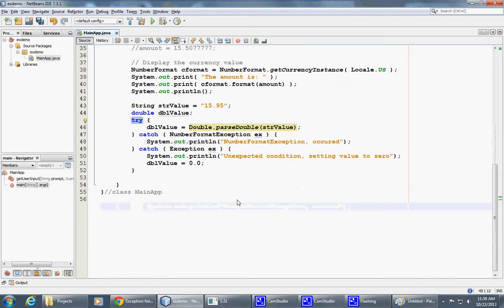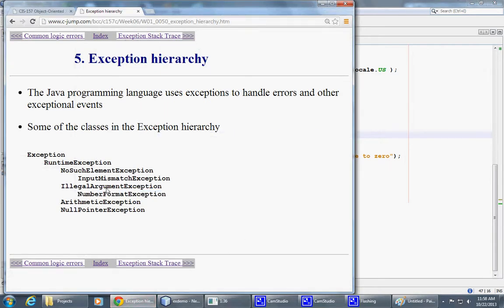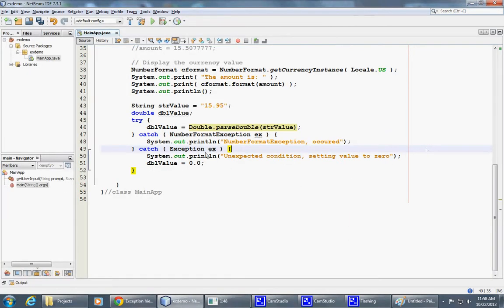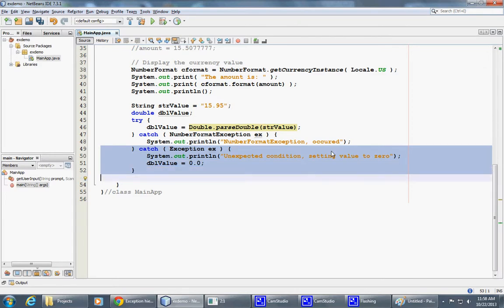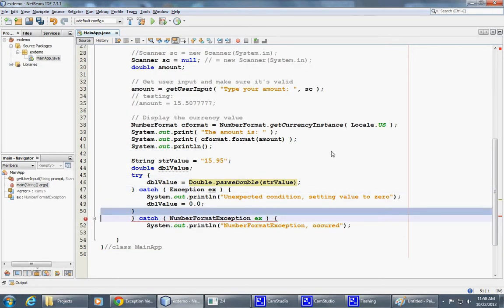So the try statement can have multiple catch blocks, and those multiple catch blocks will be specifying different exceptions. If we observe the hierarchy of objects in this exception hierarchy, then you should start with the lowest possible exceptional conditions that you would like to catch. Because if you still want to catch the exception, which basically covers any possible situation, you need to keep it low on the list of catch blocks, because if you put it at the top, if this was placed at the top, somewhere here,